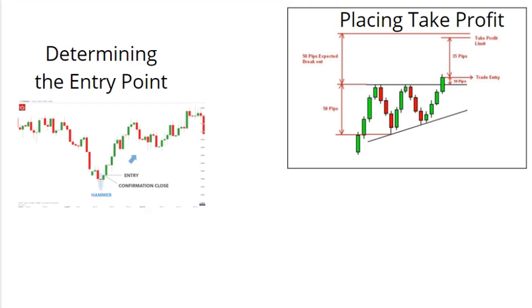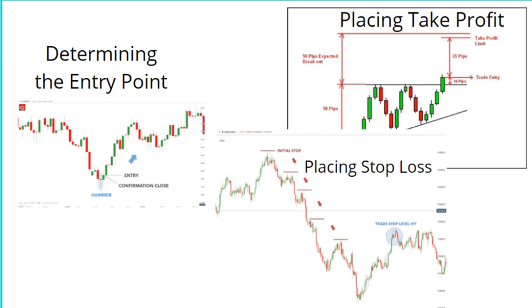Place take profit. This depends on the speculation and goal of the trader. Based on the current market situation, the trader will need to assess the price of the potential gain and the probability of loss if the market changes direction before placing an order. Placing stop loss. Stop losses are placed based on the trader's risk appetite and trading strategy. It's useful to define the terms of the expiration to ensure that the pending order is executed according to guidelines